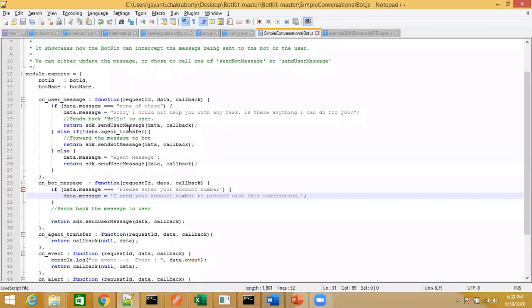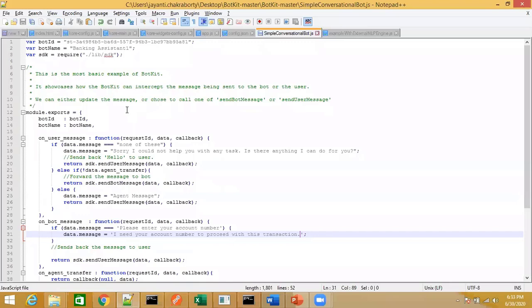Through the send user message function, you can send a message from the BotKit to the user. Similarly, if you want to send a message to the bot from the BotKit layer, the function to be used is send bot message. So you have all this configuration.